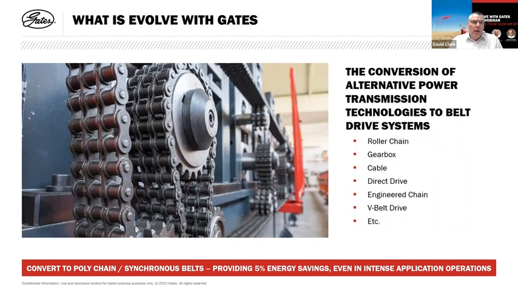What is the background of chain to belt? Really, it's evolved with Gates is converting not only chains, but alternative power transmission technologies to belt drives. And there's no getting away from it. Roller chain is at the front of that, but there are other solutions which can be replaced by a belt